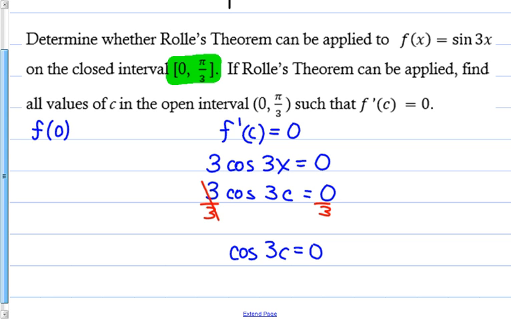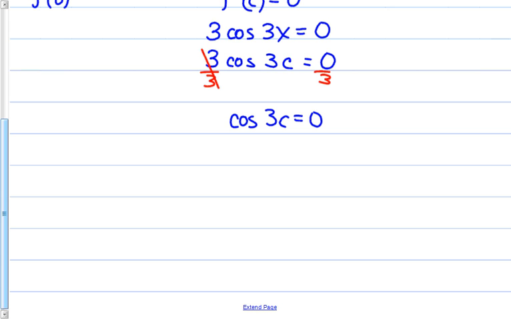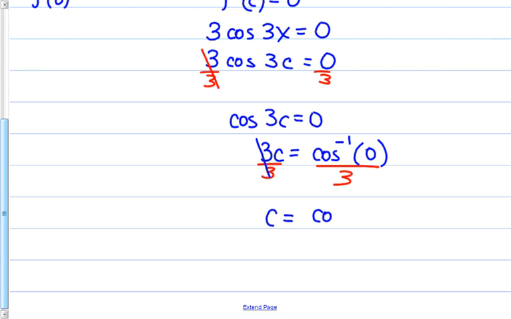Okay, so problem, cosine of 3c. I need to get that c completely and totally by itself, so I got to get rid of the cosine. And the only way to get rid of cosine is to use the inverse cosine. And remember that from pre-calculus or geometry. So this becomes 3c equals the cosine inverse of 0. Anyway, so done there. C still needs to get by itself completely, so divide by 3, divide by 3. So now I have c equals the cosine inverse of 0